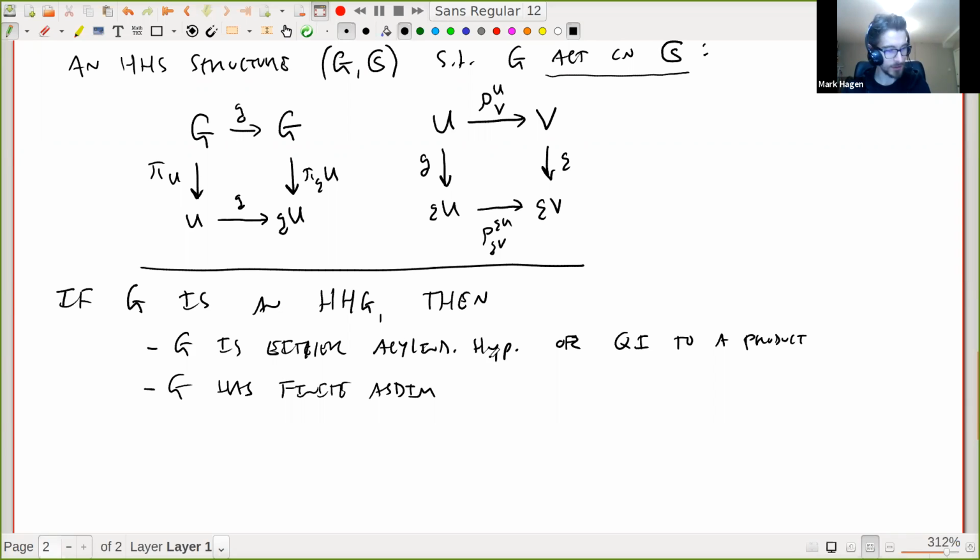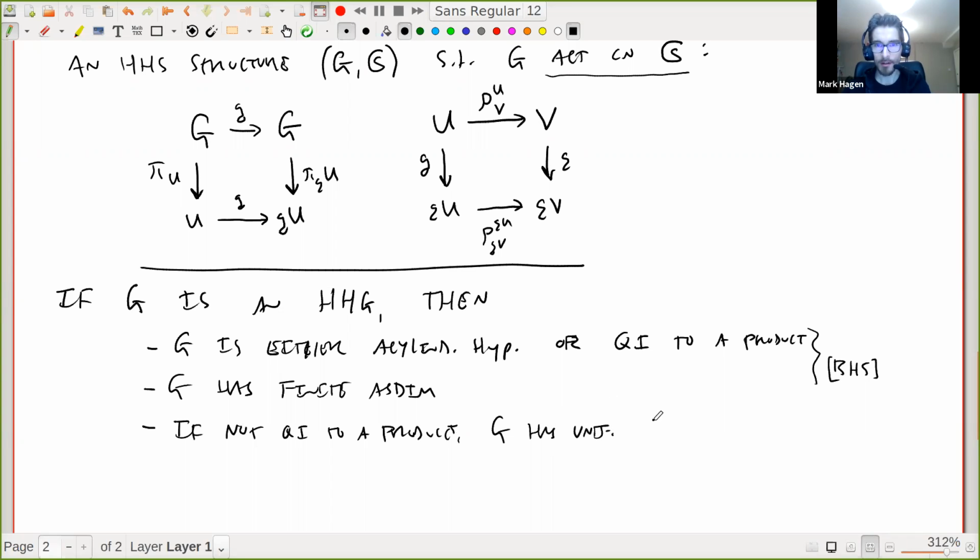So these two theorems are joint with Behrstock and Sisto from about 5 years ago. If G is not QI, quasi-isometric to a product, G has uniform exponential growth. So that's a new result by Carolyn Abbott and Thomas Ng and Davide Spriano